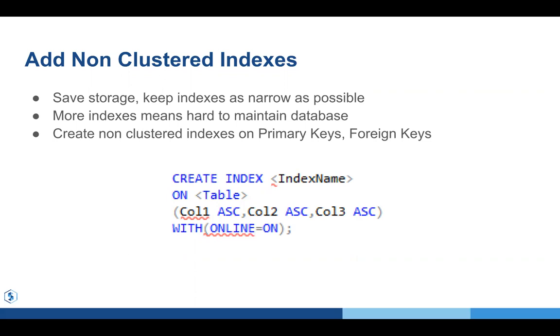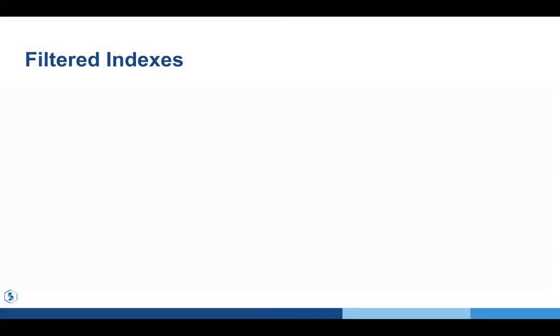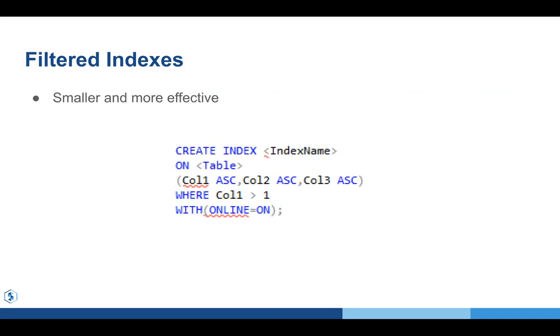And there are three kinds of non-cluster index. This is the basic one. It's just a non-cluster index. Then there are filtered indexes, which are smaller and more effective. It's the same query, just adding a WHERE. So for example, if we need